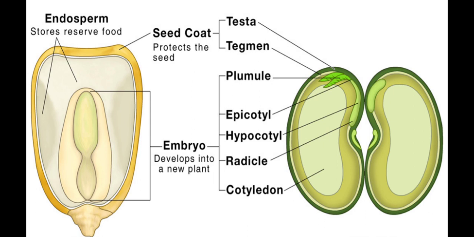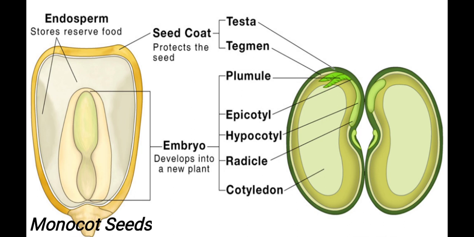The food may be stored in the persistent endosperm or in thick fleshy leaf-like structures called cotyledons. Seeds are classified into two types: monocot seeds, the seeds which have only one